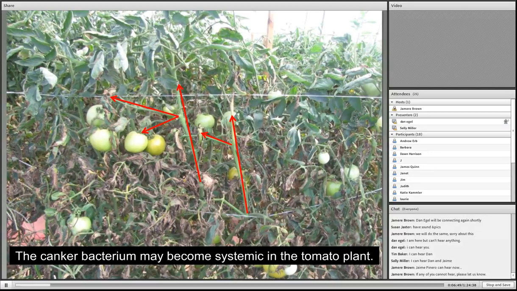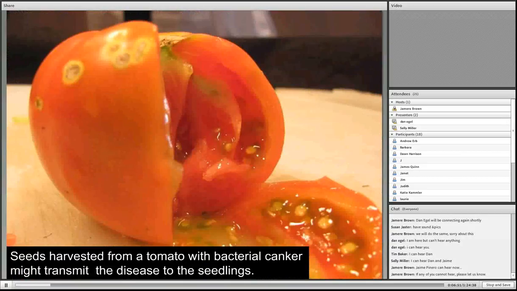And you'll notice the arrows go into the fruit here. In this case, we see the tomato, it's lopped open so we can see the seeds. That's another important aspect in this disease. Since it is systemic, the bacterium can go right into the seeds. Also in this photograph, you can see lesions on the outside of the fruit. So if this fruit,